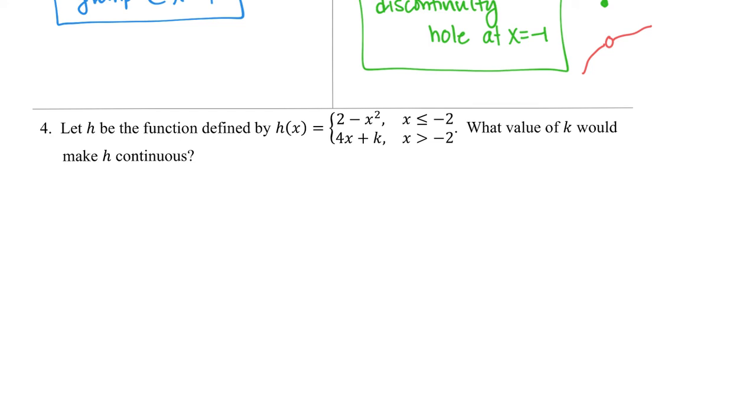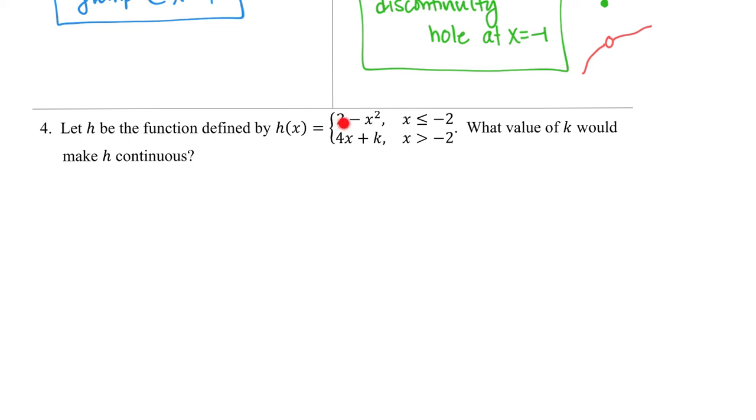Let's consider one more example regarding continuity. So this is h of x. It's 2 minus x squared when x is less than or equal to -2. It's 4x plus k when x is greater than -2. You're trying to determine what value of k will make h continuous. So I still need to consider all the previous qualifications, but I need to turn it into an equation. Let's see. Now at h of -2,